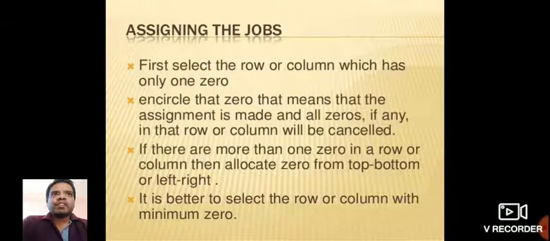We assign the first zero and delete the rest. When it comes to row wise, we assign the first zero, and the zeros towards the right side we delete. It is better to select the row or column with the minimum number of zeros. Before assigning the cells, first check which row or column has the minimum number of zeros.